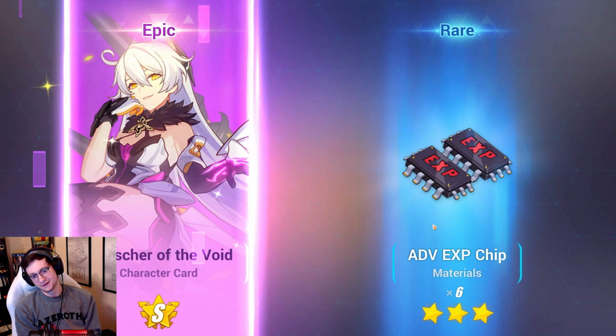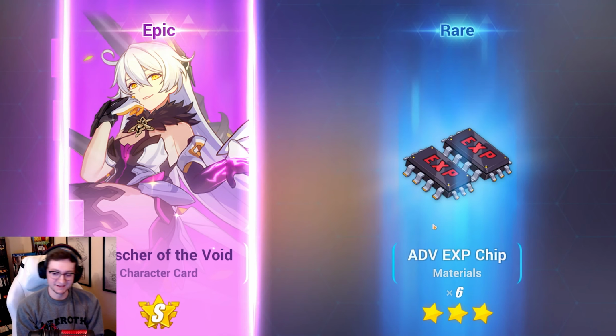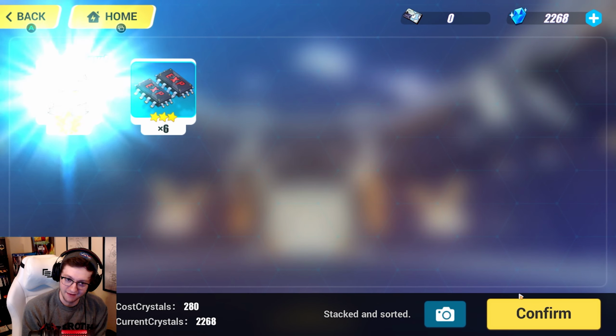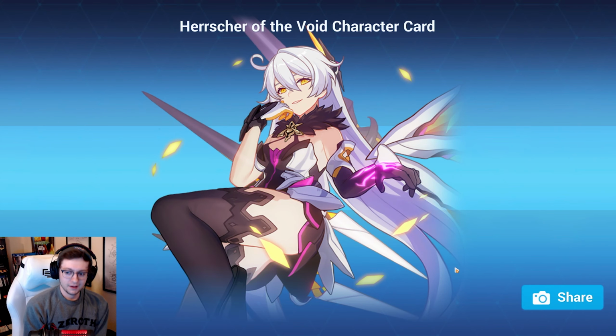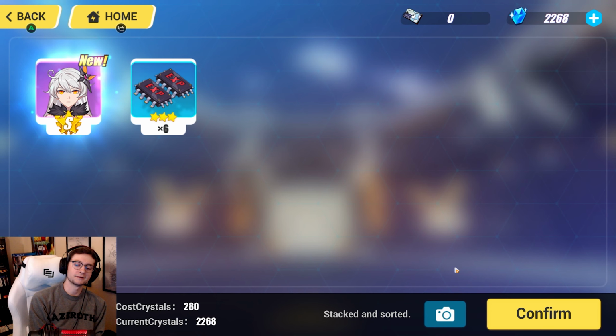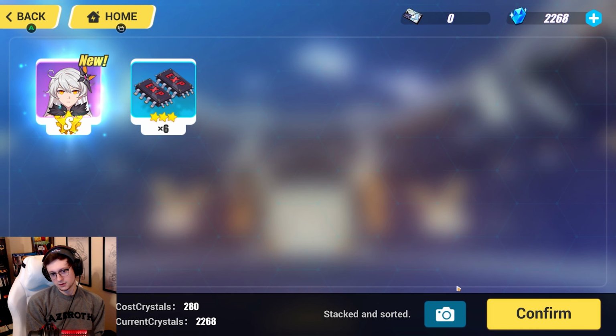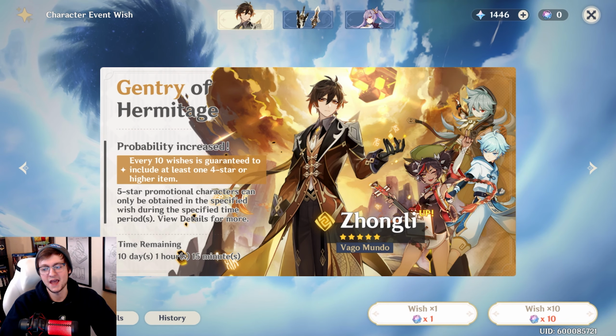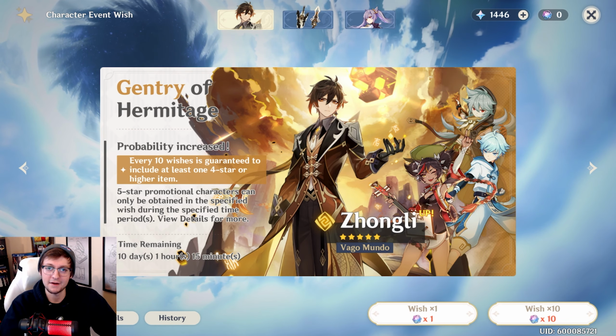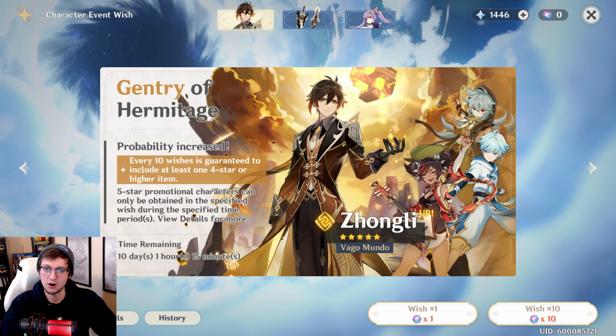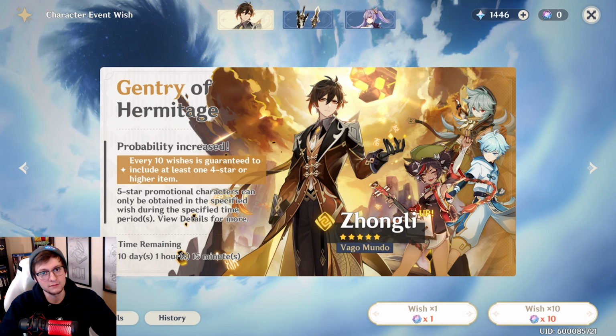So I think they need to change the pity rate up, make it a bit more along the lines of Genshin Impact, and just make it a bit easier. Like I said, in Genshin, once you summon Zhongli, you can put any spear on the guy and start using him. The same could be said for Honkai, but you're not going to get that full max potential. I guess you could say the same for Genshin, but basically what I'm saying is they need to make the pity system a bit friendlier in Honkai,